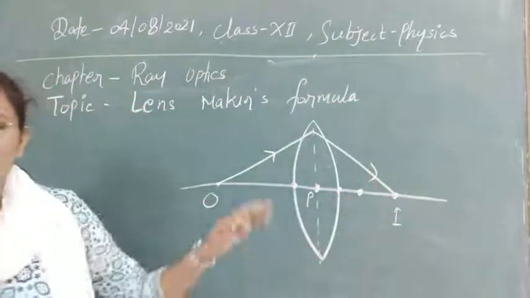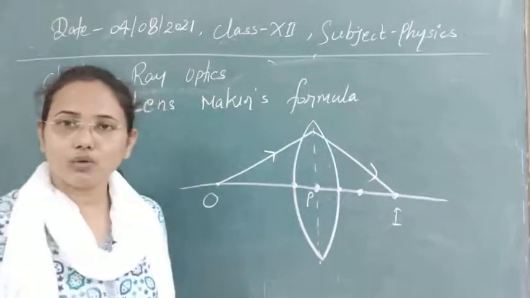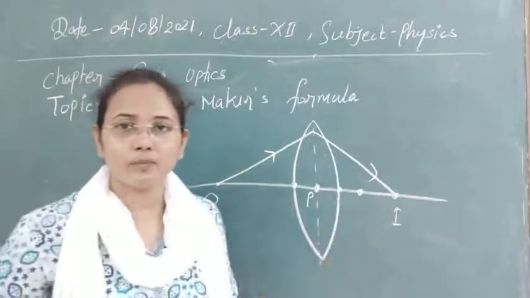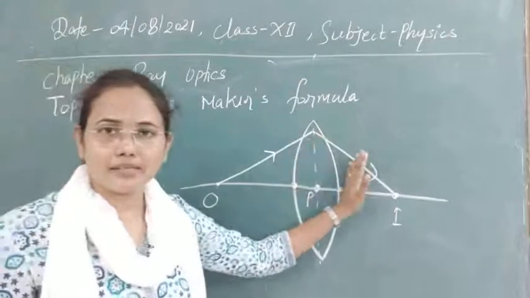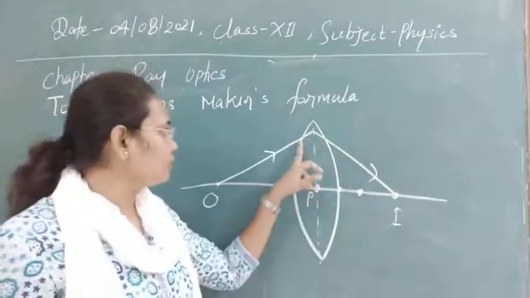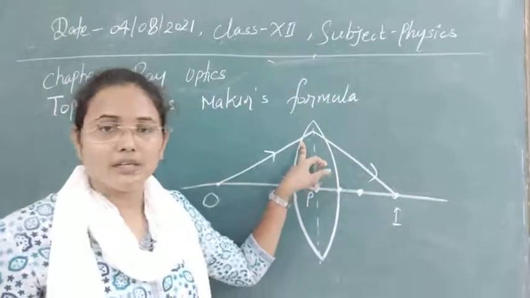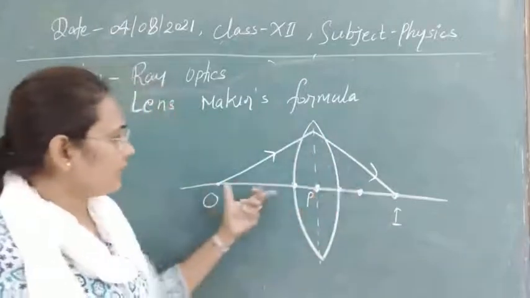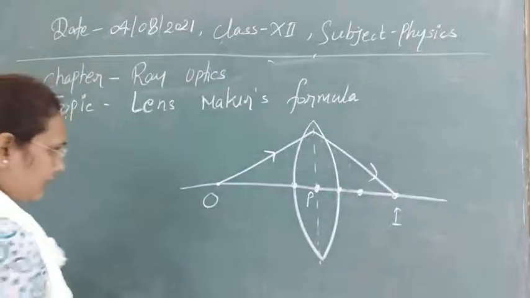So first of all, the sign convention you should keep in your mind. That should be totally clear, where we have to take negative or positive. Later I will tell you that also. But now, as I have told you, we have two refracting surfaces. So light will pass through the first refracting surface, then the image of the first one will be formed, and that image will be the object for the second one. So let's make this figure in two parts for the two refracting surfaces separately.